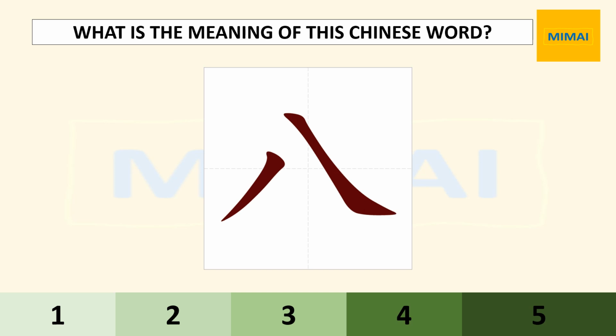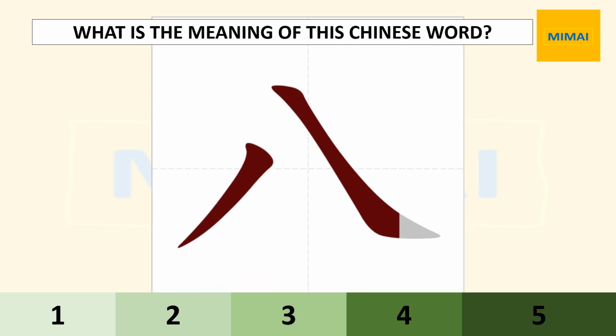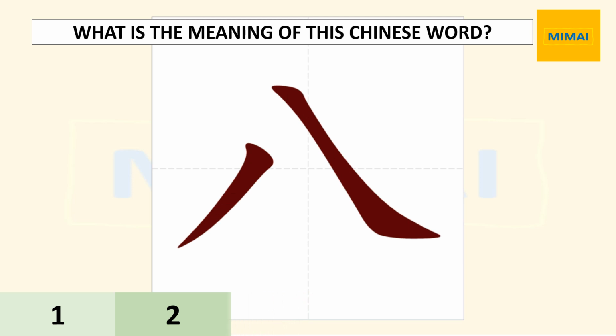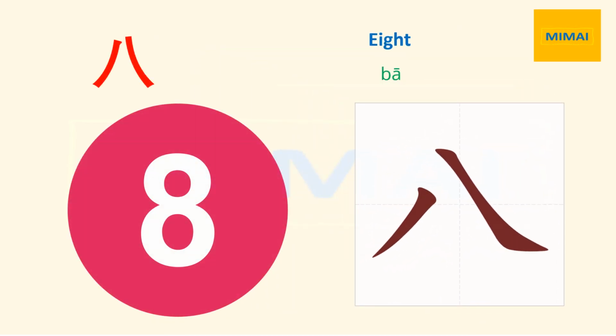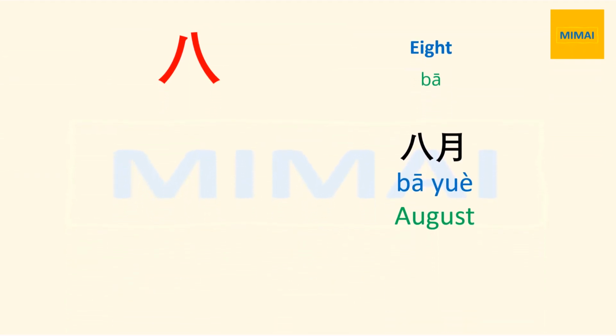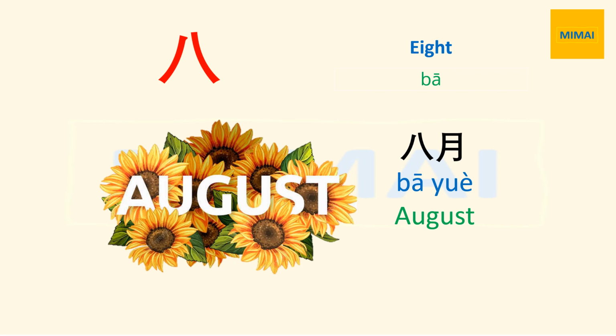What is the meaning of this Chinese word? 八. 8. 八 8. 八 8. Here is an example for this word. 八月